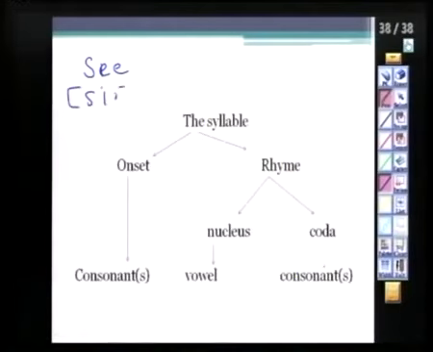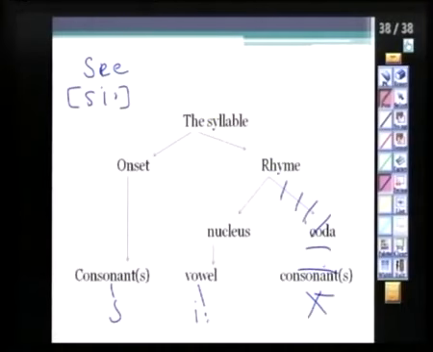How do we actually analyze the syllable structure of the word C? Does it have an onset? Yes. Does it have a vowel? Yes. Does it have a coda? No. No coda. So if you want to do this, you're going to drop this. So you're going to have a rhyme, nucleus, and one vowel just like C. So in a way just like C, you do have a consonant and a vowel. That's it. In a word just like sat, just like we did it, it has a consonant, vowel, another consonant.